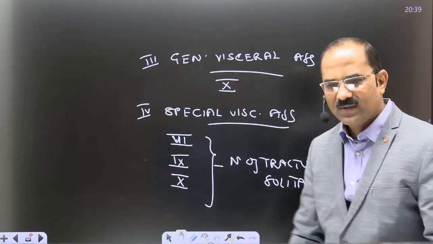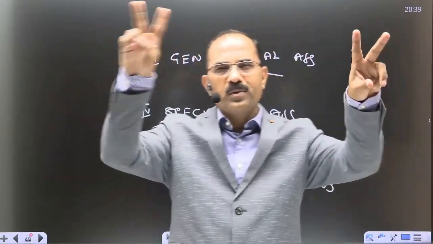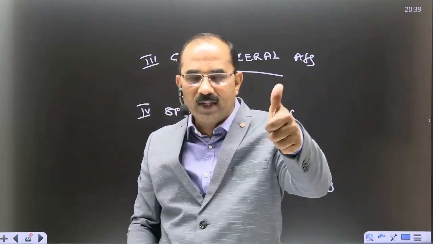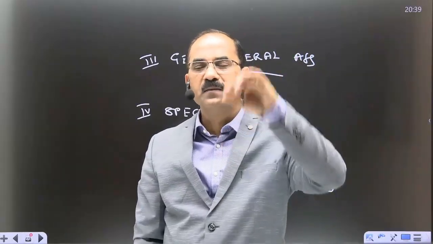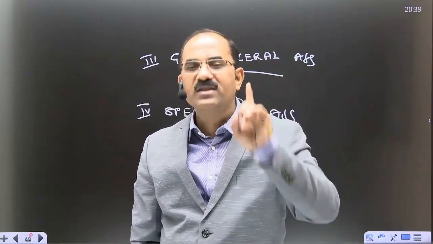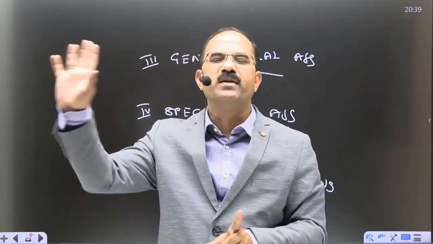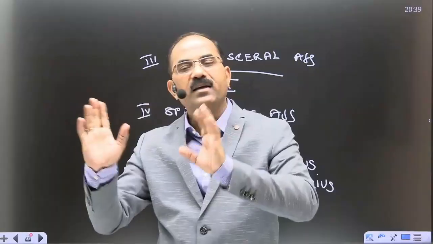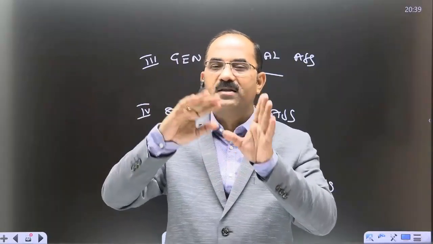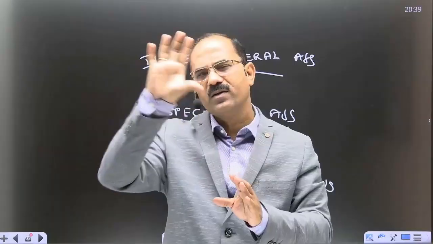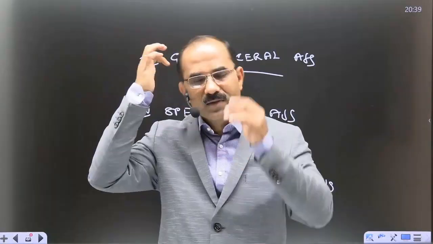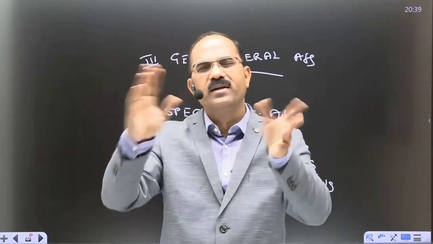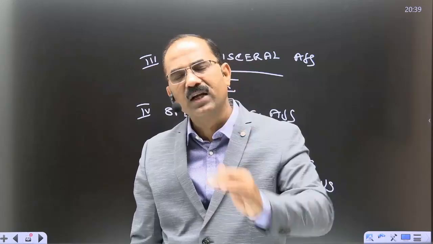Clear, students? So just once again recapitulating, just revising this. Afferent components, efferent. Efferents we had, number 1, special visceral efferent, supplies the muscles of pharyngeal arches, present in 5, 7, 9, and 10 cranial nerves, and then you have the nucleus. General visceral efferent supplies the glands, present in 3, 7, 9, 10 cranial nerves, you have the nucleus. General somatic efferents, yes, supplies the extraocular and tongue muscle, present in 3, 4, 6, and 12, you have the